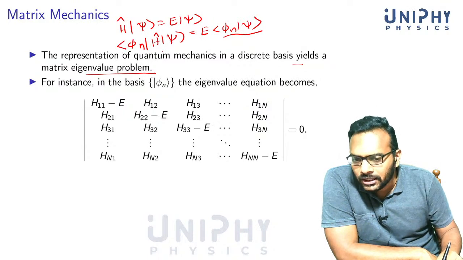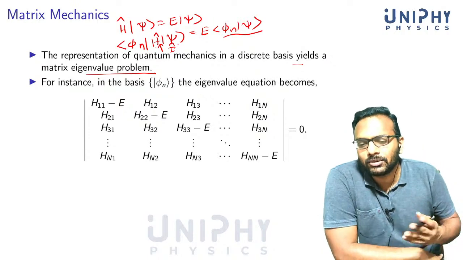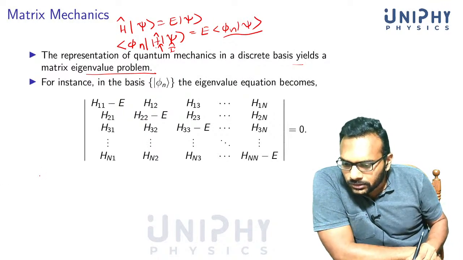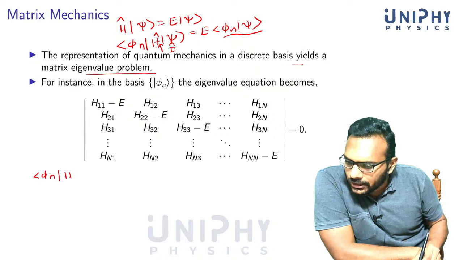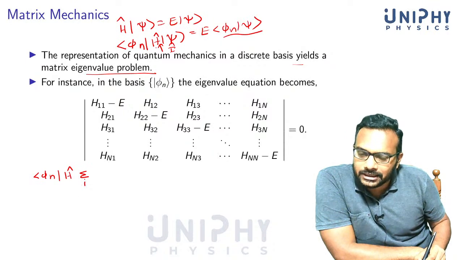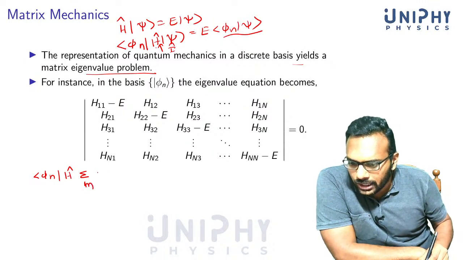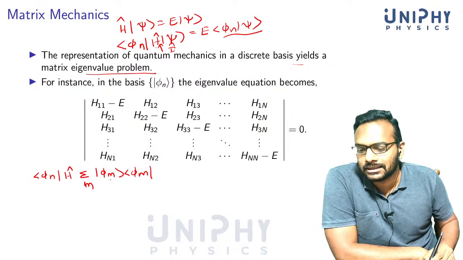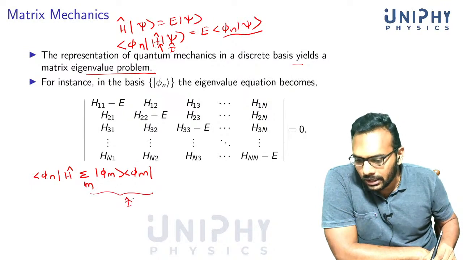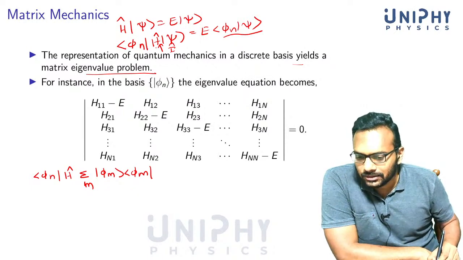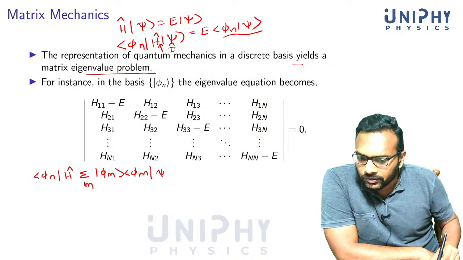So what we do is that we introduce a 1 here. We multiply with 1. This is the thing that we always do in physics. You either multiply with a 1 or you add a 0, and the thing doesn't change. So we have phi n H cap, and we introduce the identity operator in terms of the completeness relation. I'll write it as summation over m of phi m phi m. This sum is equal to the identity operator, or we sometimes call it simply 1, and this is known as the completeness relation. So we use the completeness relation in here, and you have got psi here.